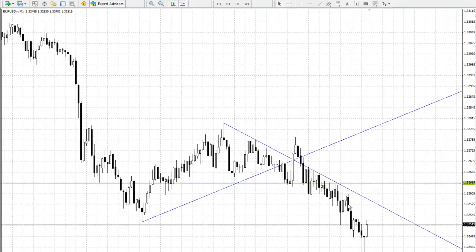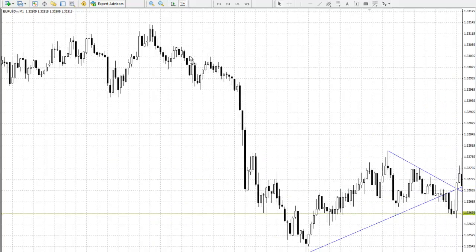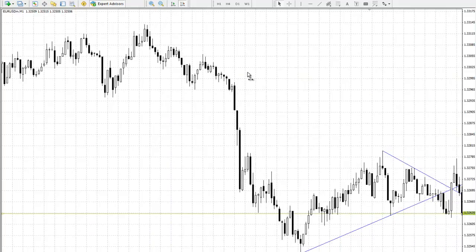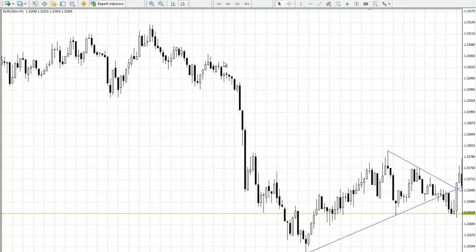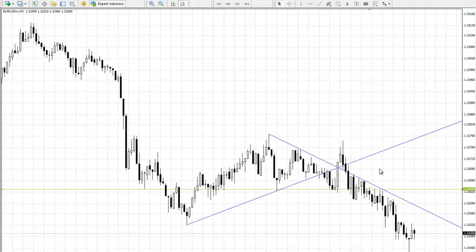Looking at it now, in hindsight, a little exercise here. If we move the chart this way, pretty much what I'm looking at right when I got out, impulsive move down, what I thought was a corrective move here, expect another impulsive move, but relatively it makes it look like this is the impulsive and this is the corrective. So, not what I had planned to see. Took an exit there, and then as we develop and go forward, we do see a sell-off,